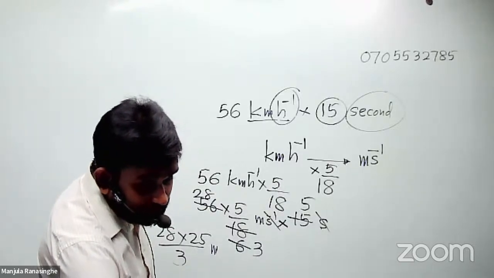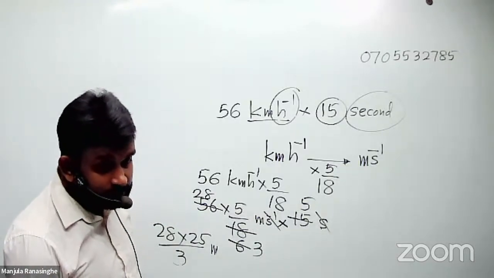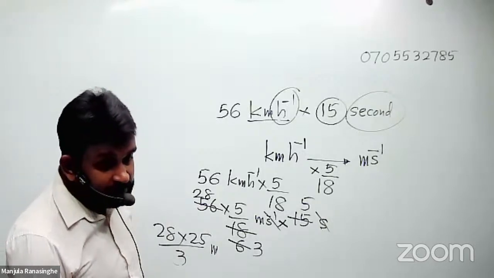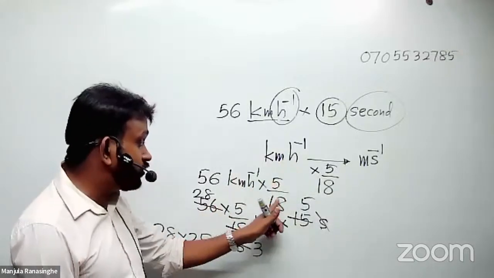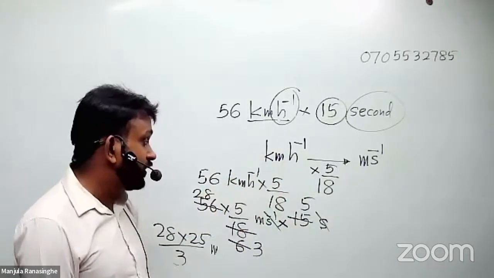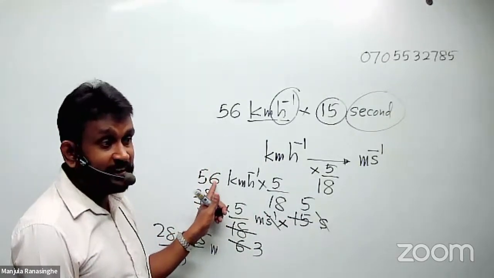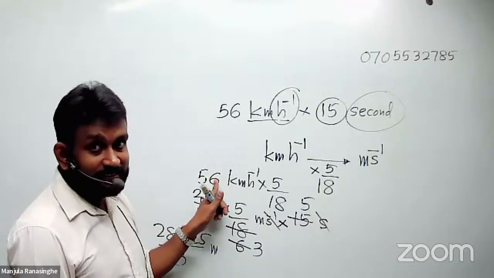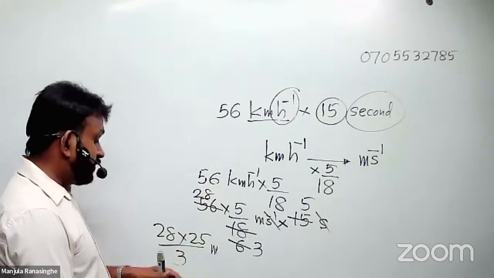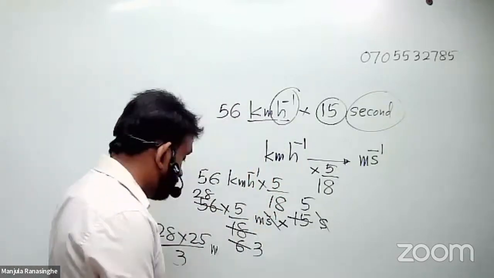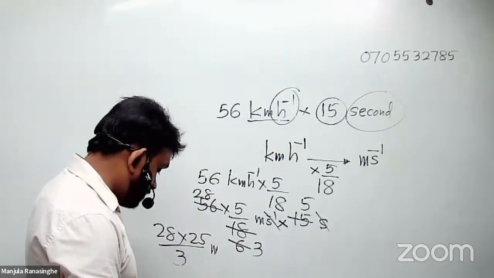Son, those who worked it out, did I not make a mistake with the question? Find the distance that a motorbike which travels at a uniform speed of 50 kilometer per hour covers in 15 seconds. Here the time is to be converted to seconds, meaning the speed is converted to meter per second by multiplying by this figure. But here you cannot simplify. If it were 54, I think it would simplify, 54 kilometer per hour. If that were so, it would be easier. Here it doesn't simplify. But the answer comes if we simplify further: 28 into 25 divided by 3. Then what we get is